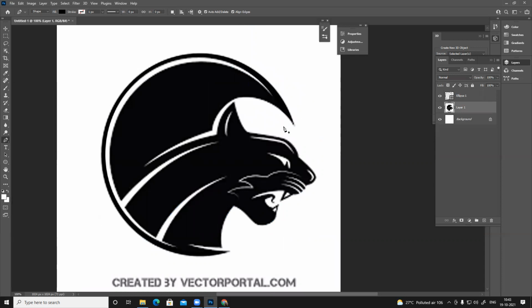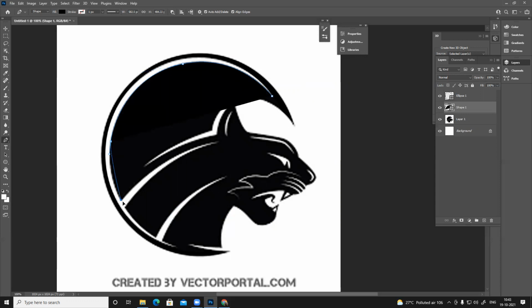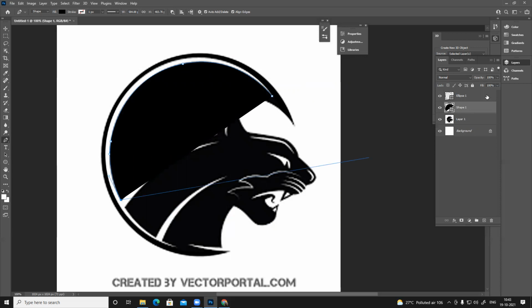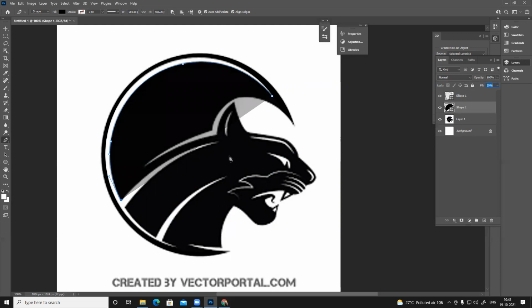I can have the same layer or a separate layer, totally up to me. This is again a circle. If I want, I can use a circle, or I can use it like this. If I use this technique, the only benefit is I can create all the shapes at once. Alt, remove this anchor point, fill reduce, so that I can see this thing wasn't visible. And this, you can see it's bending here, Alt, remove it.